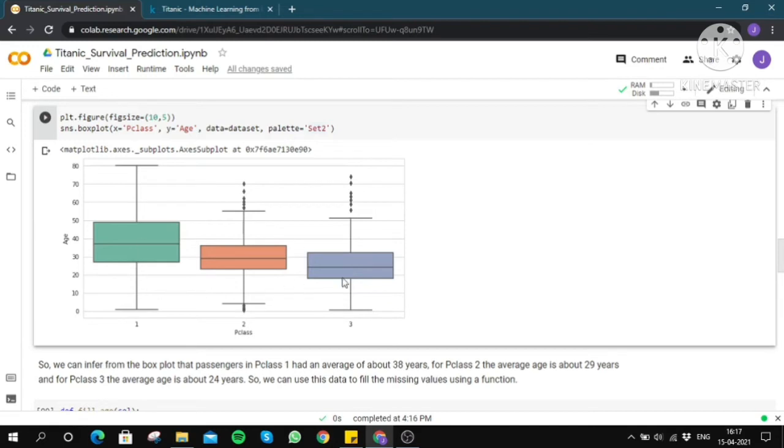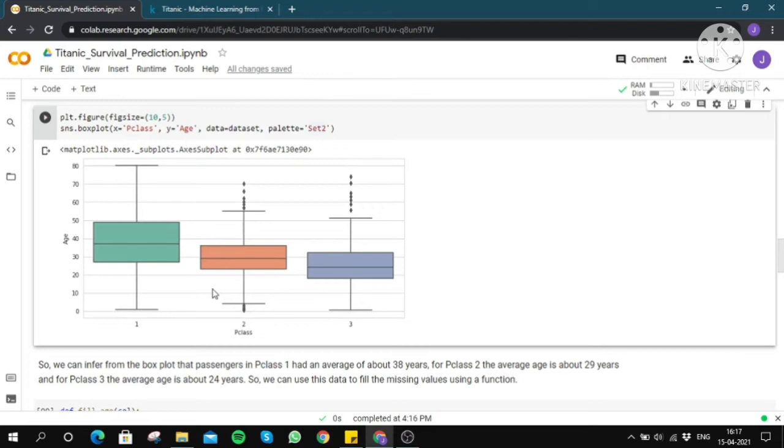So based on this trend, we can write a function in which, if the age of the passenger is missing, then depending on the passenger class, we replace the missing value with the respective mean age of that passenger class.